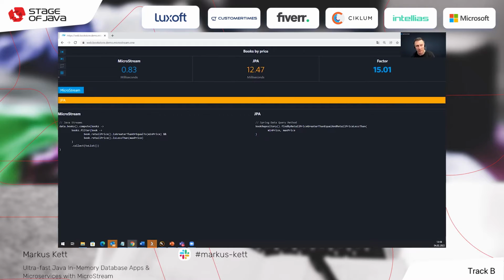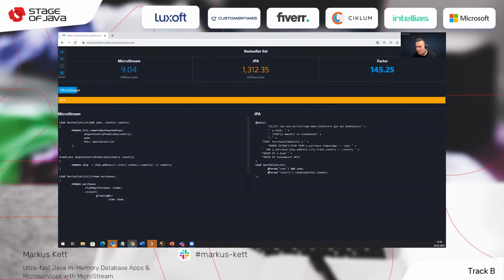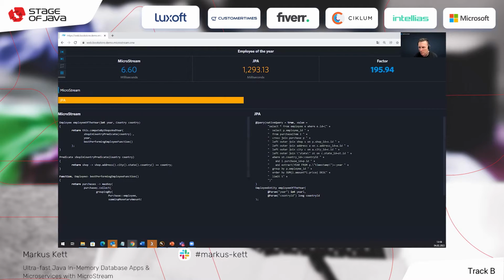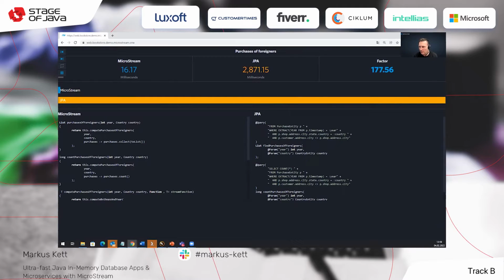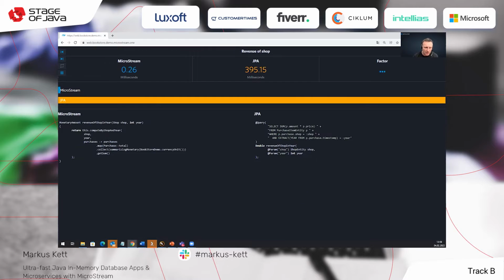And this is really incredible. So this saves you lots of computing power, and so you can handle much more load, or you do not need that many machines. So you will save lots of infrastructure costs with MicroStream.